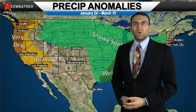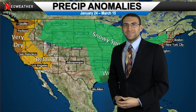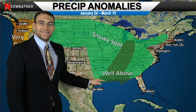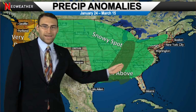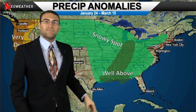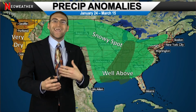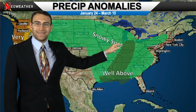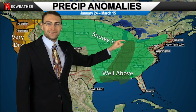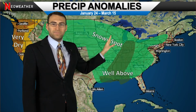So precipitation-wise, what we're expecting is a little bit more typical of a La Nina, not totally though, because we're going to be pretty dry across portions of the Pacific Northwest coming up. We're going to tap into a little more of that panhandle hook action and Gulf low action. So this is going to be your area of more typical rains. And if you get cold enough, some snows, I think where you're going to have enough cold air try to come in near where the big area of moisture is going to be around here. So that could be your snowy spot,